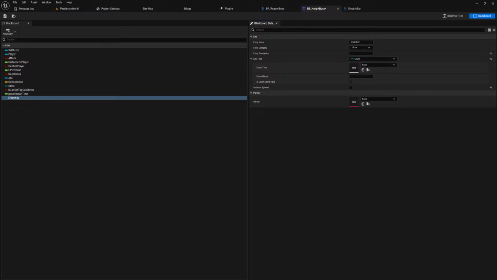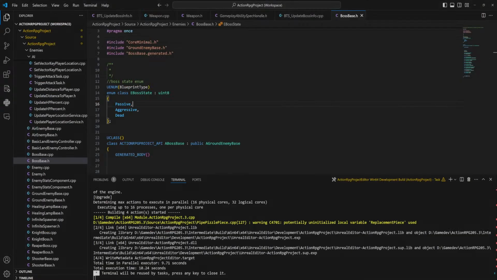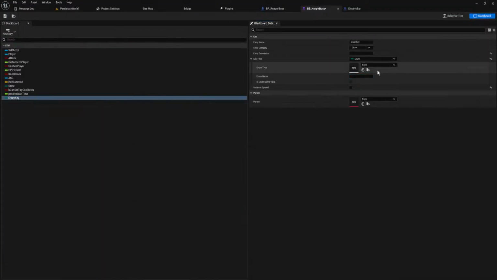Okay, hold on. Enum name, oh, you can just type in the enum name here. That also works. It's not ideal, but will do. If you just copy this over and paste it in there, it does find it. It just doesn't search the C++ classes, apparently. Sure, why not? That works.